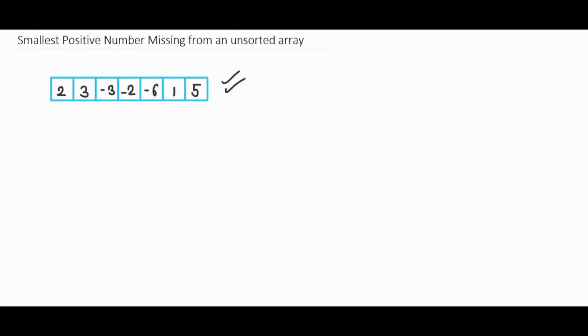So what we have to do is find the smallest positive number missing from this array. That means if we start from 1, as we know the first positive element is 1, we will see if 1 is present here or not. Yes, it is present. Then we will move to 2. We will see in this array if 2 is present. Yes, it is present. Then we will move to 3. Now we will see if 3 is present in this array. Yes, 3 is present. Now when we move to 4, as we can see 4 is not present in this array. That means 4 is our answer because it is the first element which is missing from this array and is positive as well. Right?